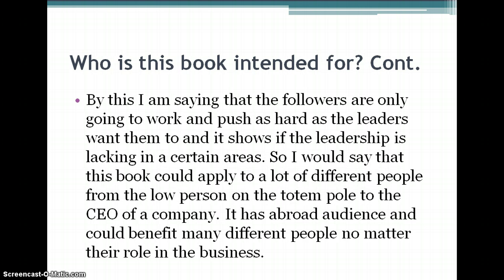Like I said, with this unique view within this book, I think that it would be very beneficial if people throughout the whole company, from the lowest person on the totem pole to the CEO of the company, read it. The audience is very broad when it comes to this book, which is a great thing. I think that some books are solely targeted towards a leadership role rather than a person who is a follower who views the leaders each and every day and how they go through their business.